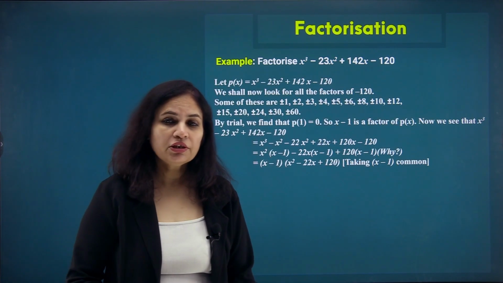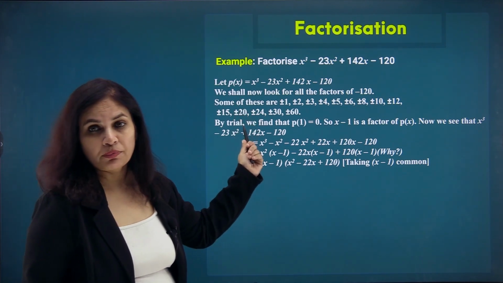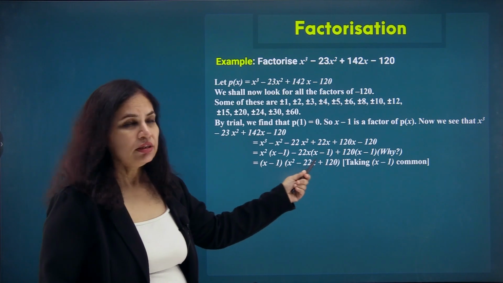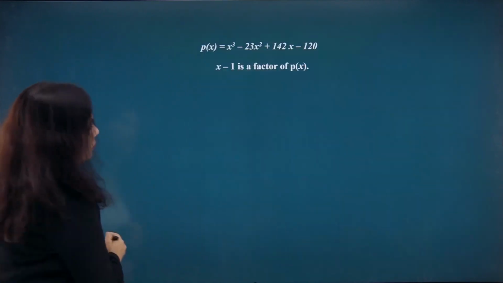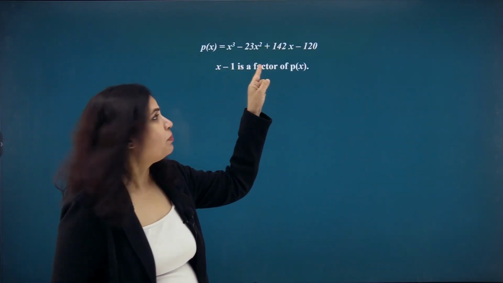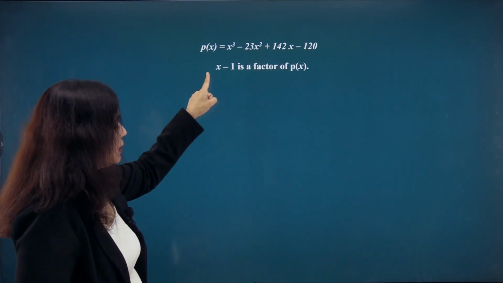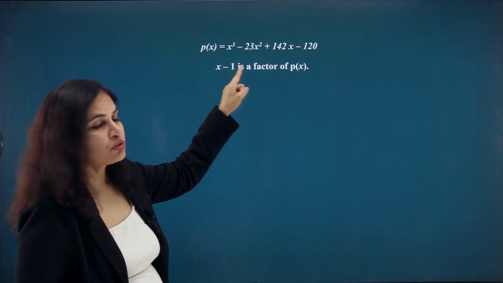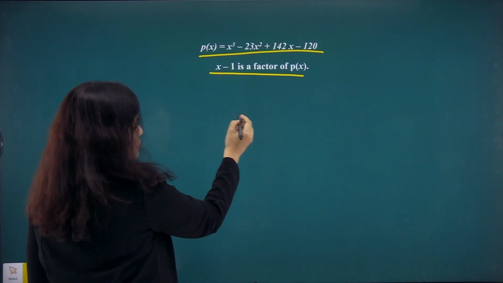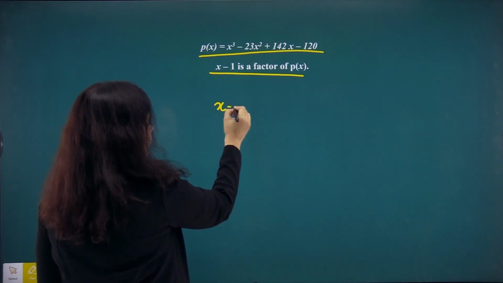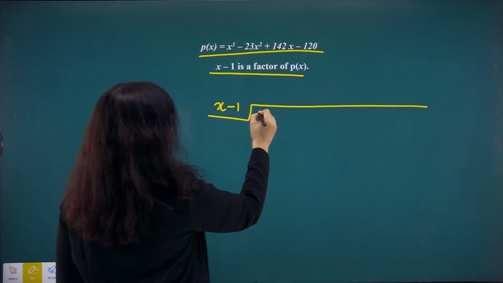There is yet another method of finding the quadratic polynomial, which is a factor of this cubic polynomial, that is just by dividing the cubic polynomial by the long division method by this linear polynomial. Let us see how. So, Px was my x cube minus 23x square plus 142x minus 120, and we just have seen that x minus 1 is a factor of Px. Now, dividing this by x minus 1, let us see what is the result. So, if I divide the cubic polynomial by the linear polynomial which we have calculated,